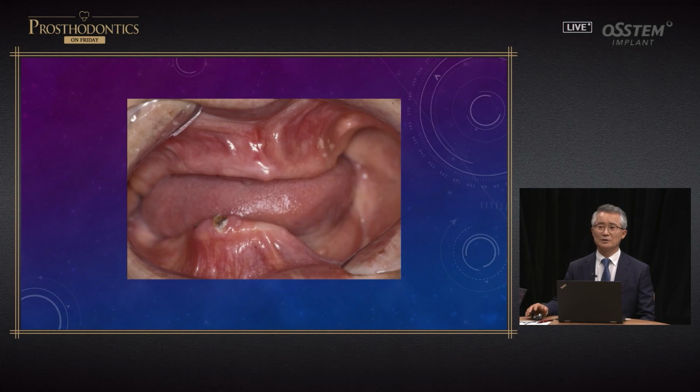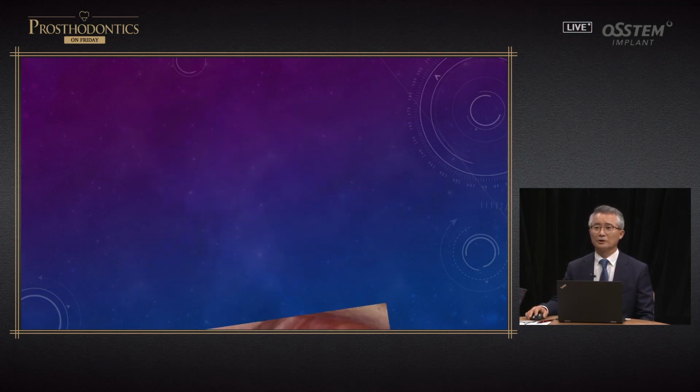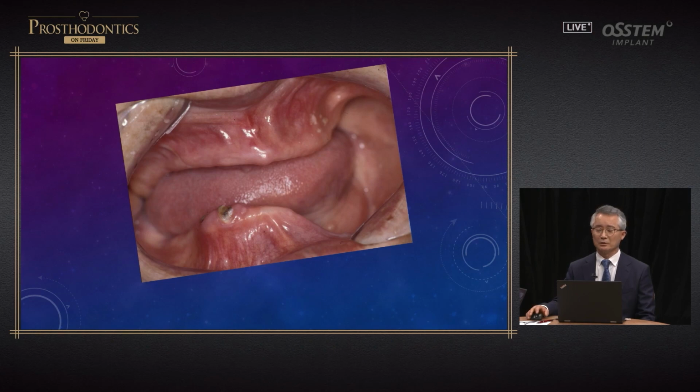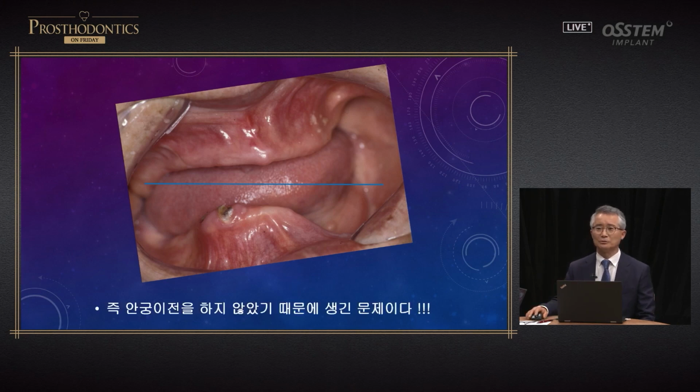This is the patient's intraoral image. The canting that we observed earlier has been copied here. Why did this occur? This looks parallel here. The inclination is like this at the initial visit. There's inclination up to the middle. So an inclined prosthesis came to be. Because I skipped the face bow transfer, this kind of problem resulted.